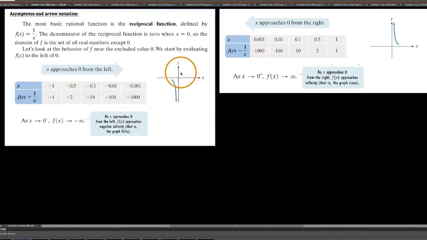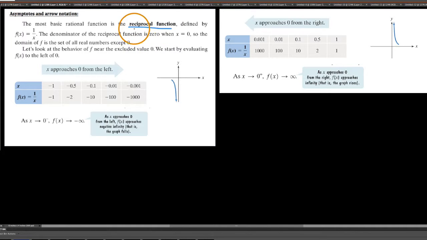Okay, YouTube, as we continue our exploration of rational functions, we're going to start looking at their graphs. And interestingly, their graphs are going to contain what we call horizontal and vertical asymptotes. And so what the behavior of the graph looks like near those asymptotes, we're going to explore in this video. So in order to do this, we're going to explore the most basic rational function, which we refer to as